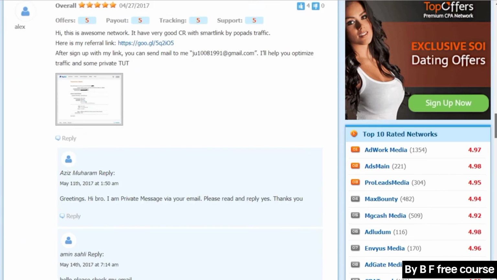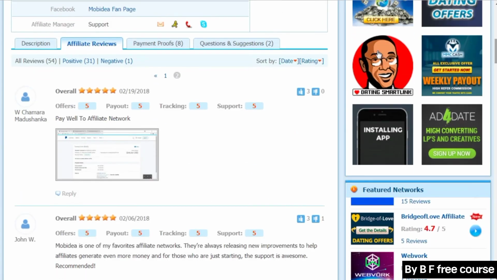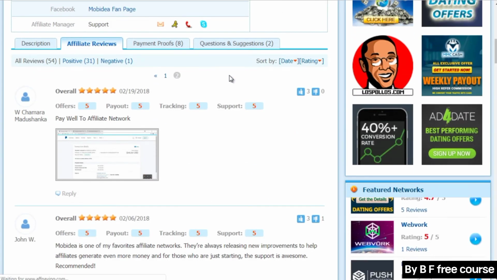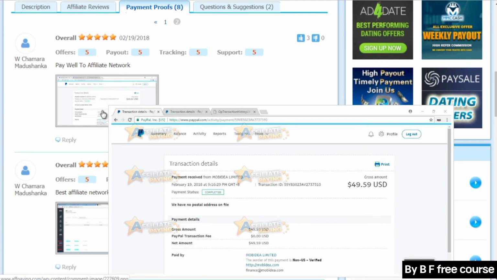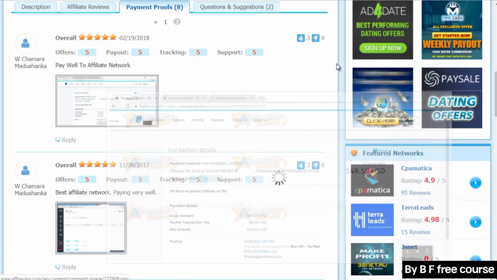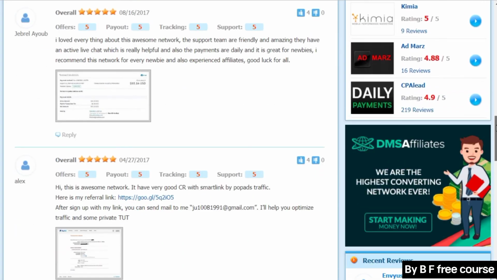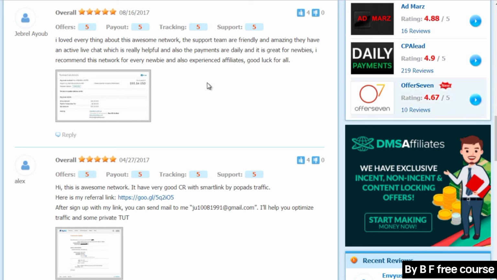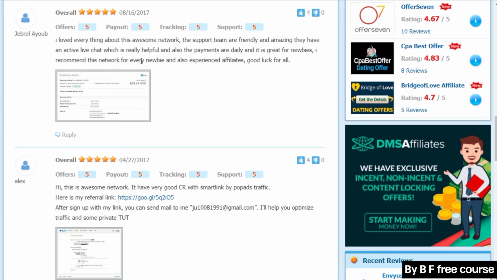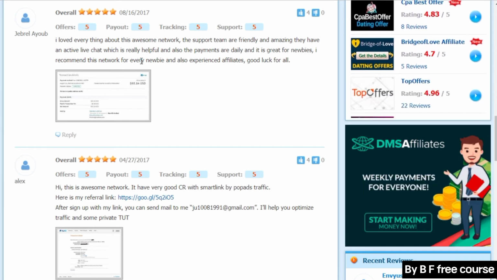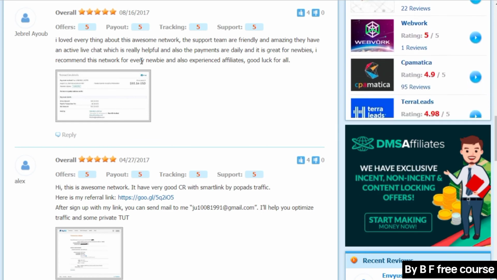All right, so if we scroll down, we see that we like what we see. That might be something that we can go with. Now, I like to click on payment proofs as well. And it's basically similar to what we saw earlier, where we can put our mouse over the images and see that, yes, this CPA network actually pays people. Now, like I said, some CPA networks will not have affiliates that are willing to post this information. Some affiliates just don't want you to know. Some affiliates may think, oh, I'm making a lot of money from the CPA network, I don't really want you to know about that. The only way to know that is to really try it out.